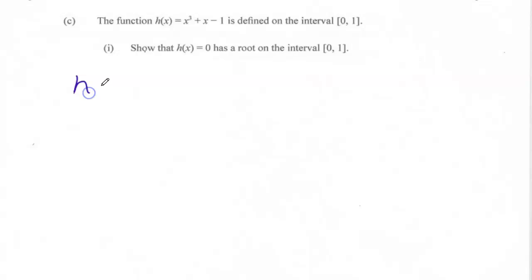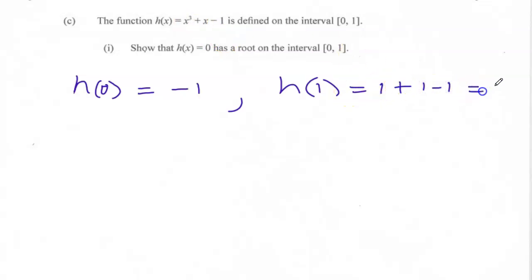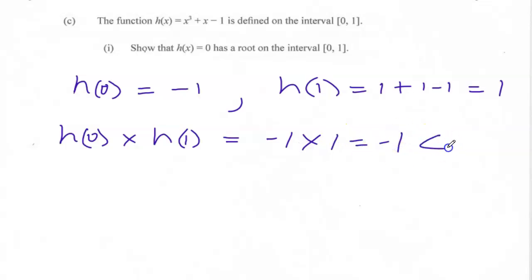So let's find h of 0. h of 0 would be 0 cubed plus 0 minus 1, which is minus 1. And let's find h of 1. h of 1 will be 1 cubed plus 1 minus 1, which is positive 1. So notice h of 0 times h of 1 is equal to minus 1 times 1, which is minus 1. That's less than 0. So therefore, by the